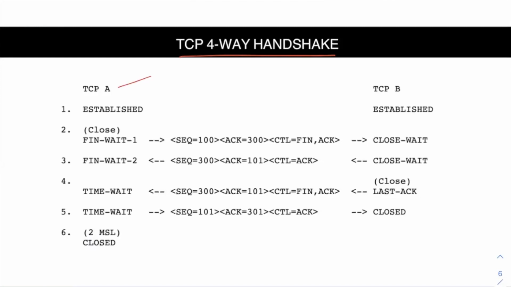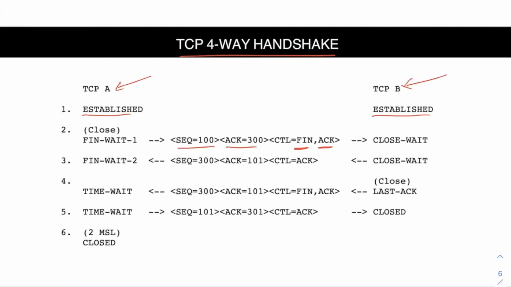So if you see, this is the client here, this is the server here. The connection is in established mode and they were exchanging a lot of data. Now after this, let's say they want to terminate the connection. In this case, the client wants to terminate the connection. What the client will do is, you can see that it will send a packet with the FIN flag set, and of course the ACK flag will also be set. And then you will have the sequence number of the client and the acknowledgement number of the client, and the client will send this packet to the server.